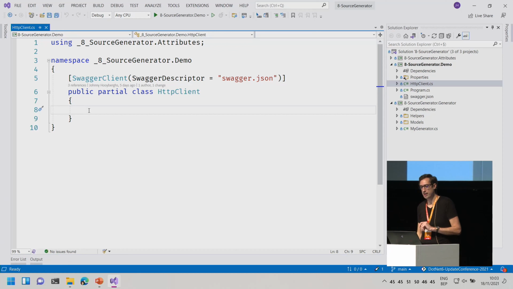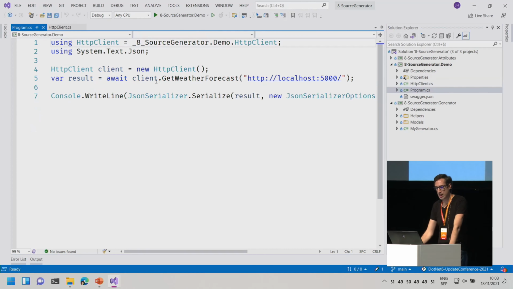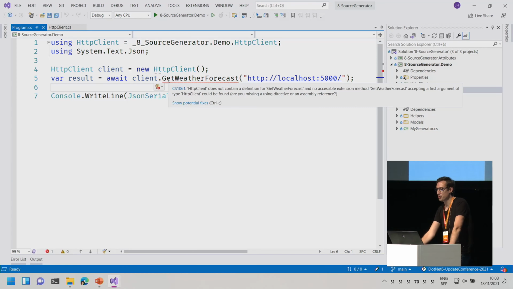The cool thing about that is you as a developer do not see that. It's not physically here. But if I go to my program class, I can call .GetWeatherForecast, which is a method that does not exist on the client. And you can see that Visual Studio is telling me this is a bug on my end or on the end of Visual Studio. I'm not going to blame anyone here.